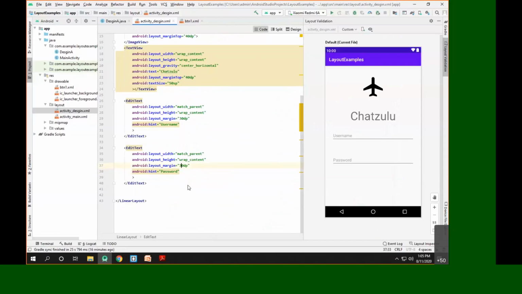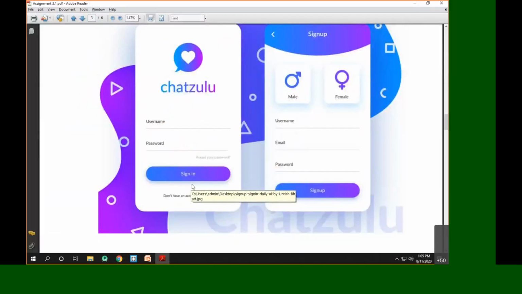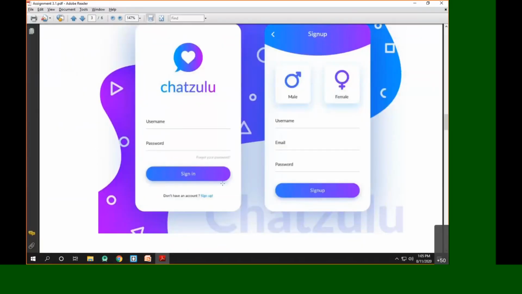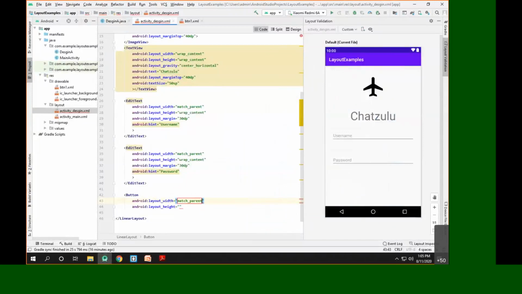Now what we'll have below this is a button that says sign in. So width is match parent, height will be wrap content. So let me add the attribute as text, and the attribute text says sign in.